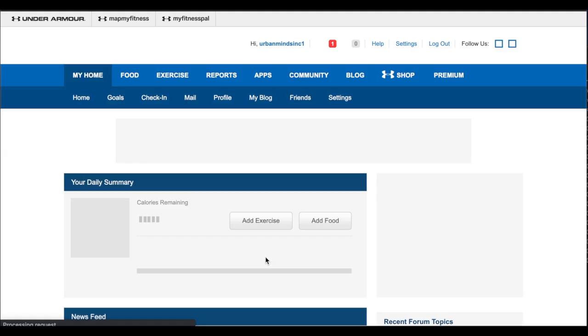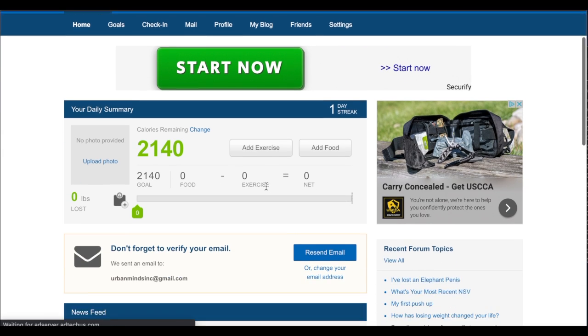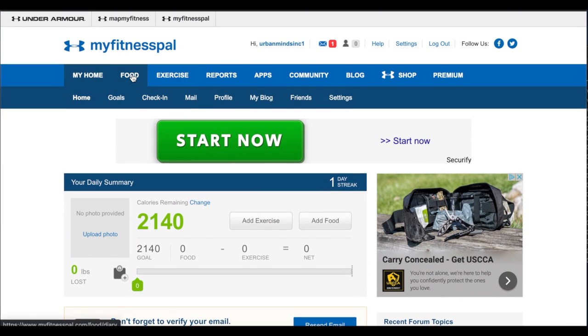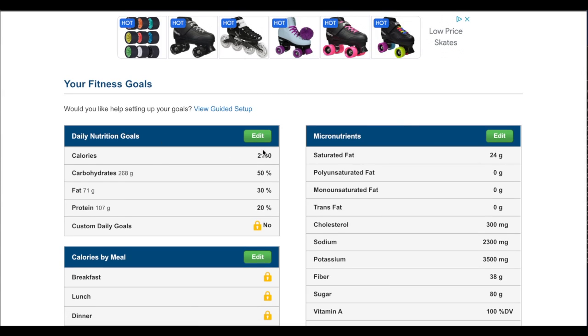Internet's going kind of slow. Okay, right here it's pulling up your profile, and when you're right here, I want you to look at the top. You got food. This is where you enter your food that you eat every day. This is where you enter your exercise and things like that. Home is where we're going to adjust the ratios by going into goals. Okay, right here it has that